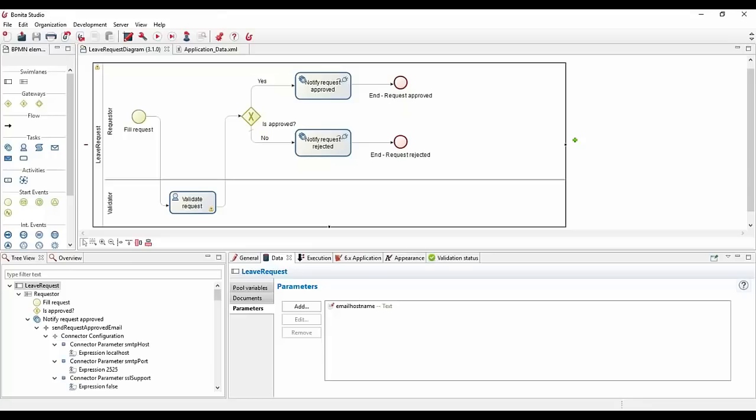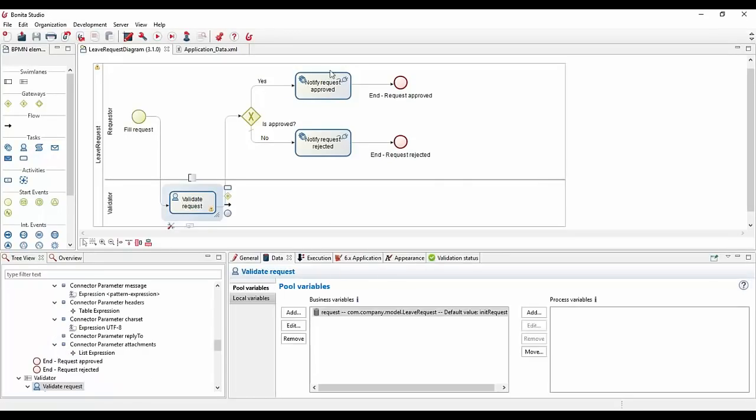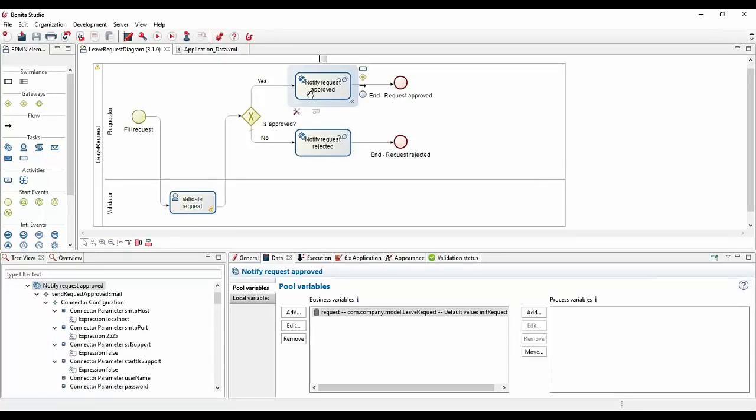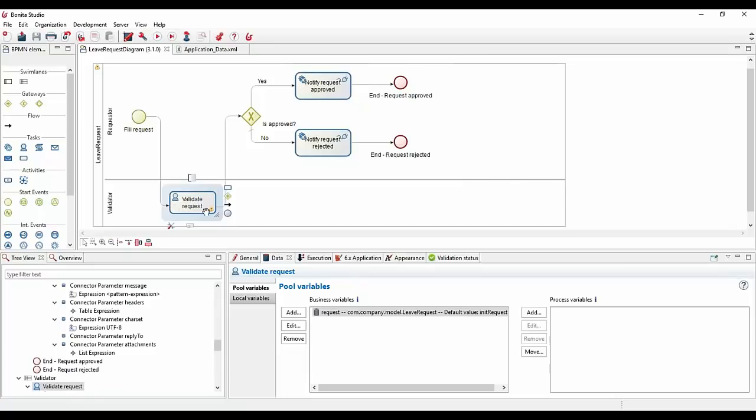So basically, when you are on your studio and you have a task, your human task, most of the time the automatic task will be something that should be done in seconds. Depending on how many connectors you have associated to it, that might take minutes, but not that much more than that. When you are on the human task, that could last like months. Really depends on what is done here. Maybe a task will be due in a month, maybe minutes, depends on the SLA or whatever you're working on.